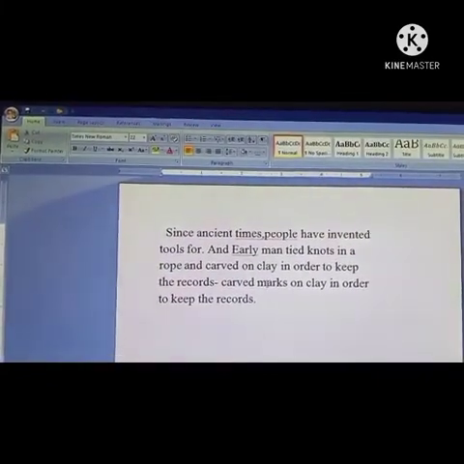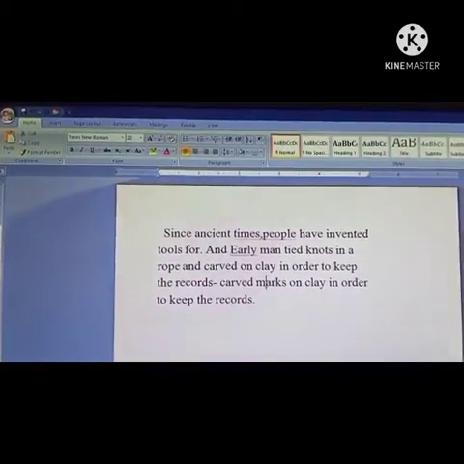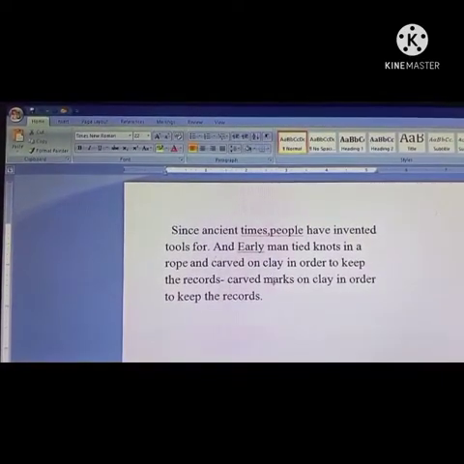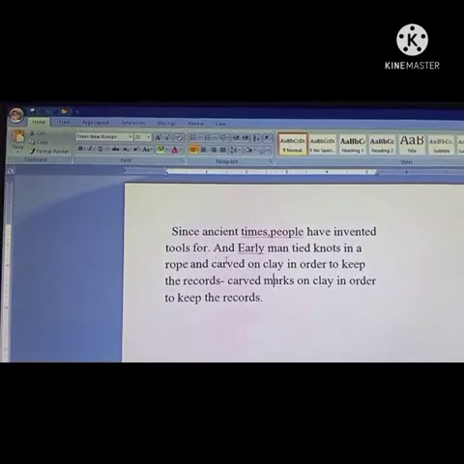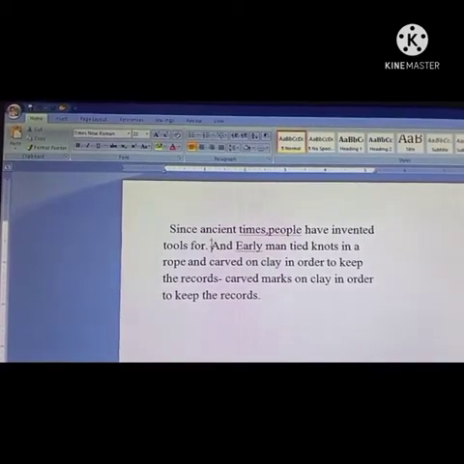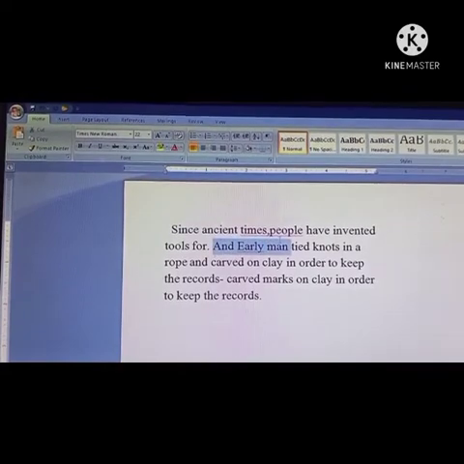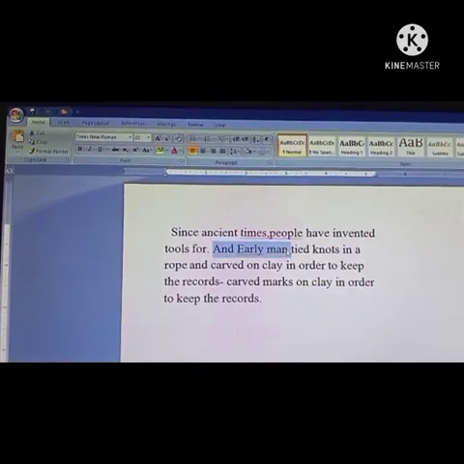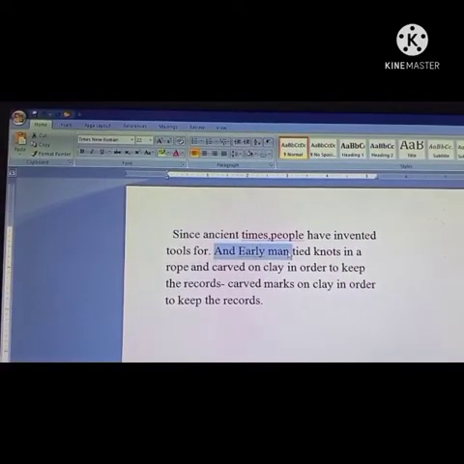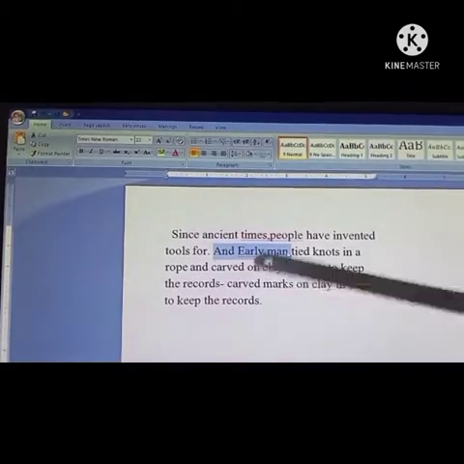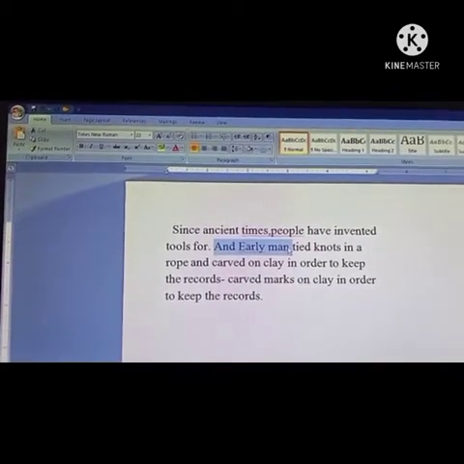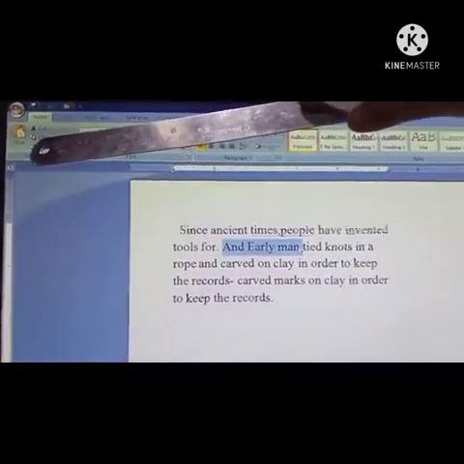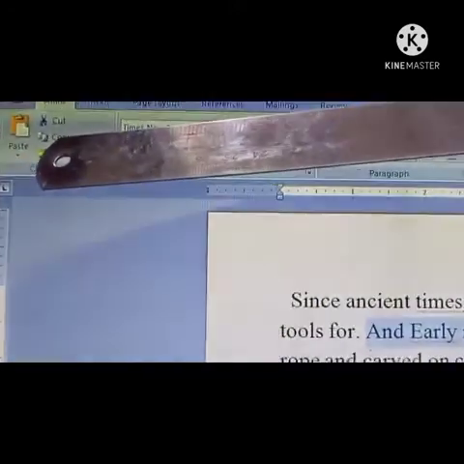Now children, your next command is cutting or copying text. First we will show you how to cut the text. So children, bring the mouse pointer here, bring the cursor here and select till "early man". Children, I want to cut "early man". So what we have to do, we have to first select it. I have first selected the text. Then we have to go to the cut option in the home menu. Here. Children, this is the cut option in the home menu. Look at it clearly children.